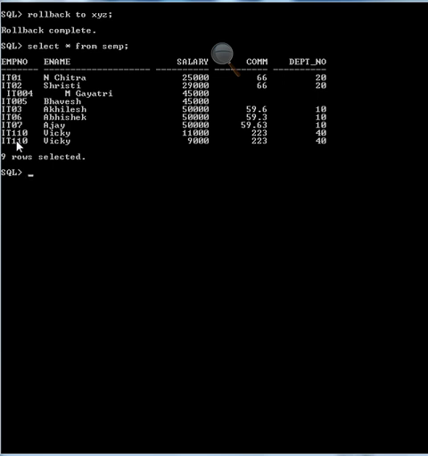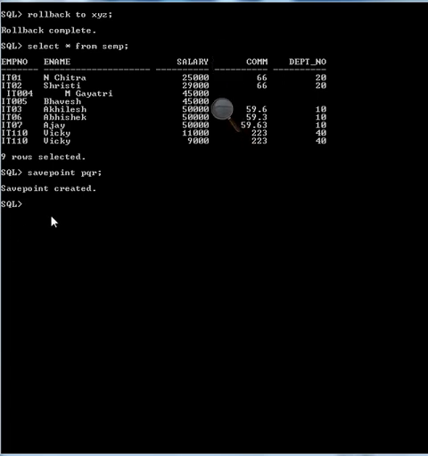Let's try to make another save point, PQR. The save point is created.